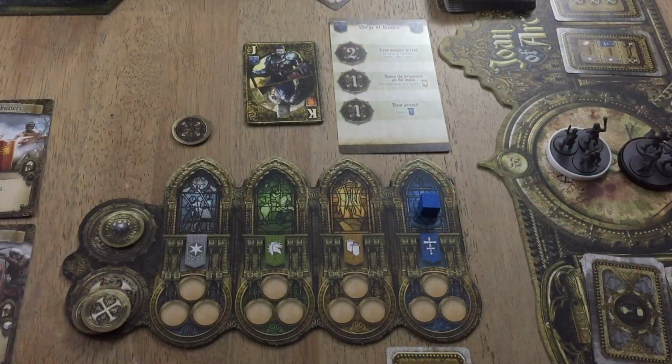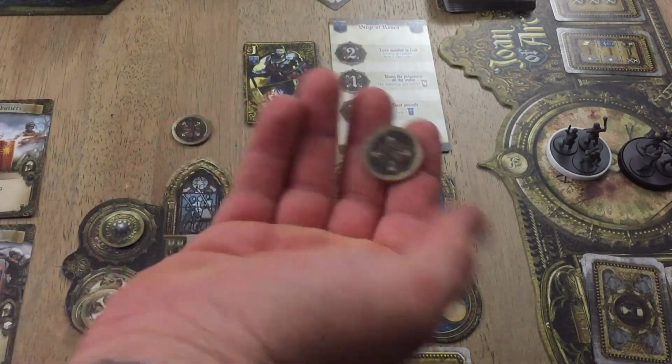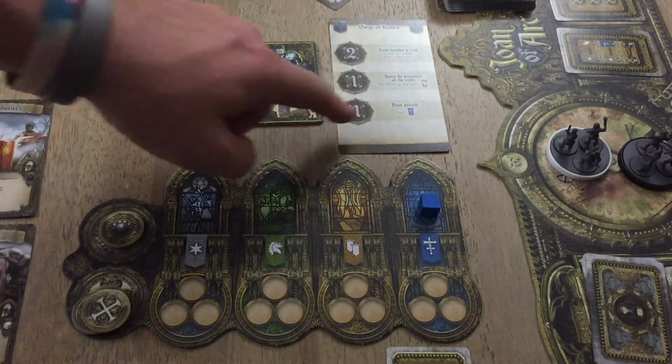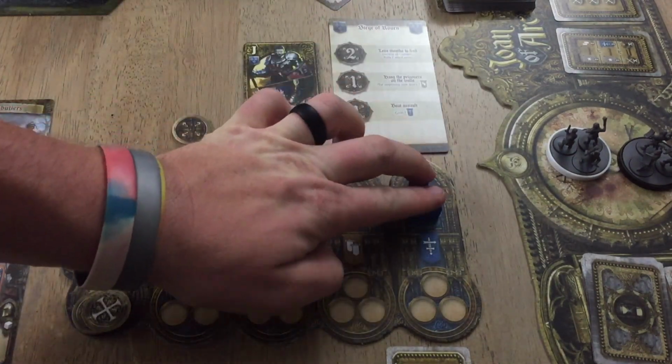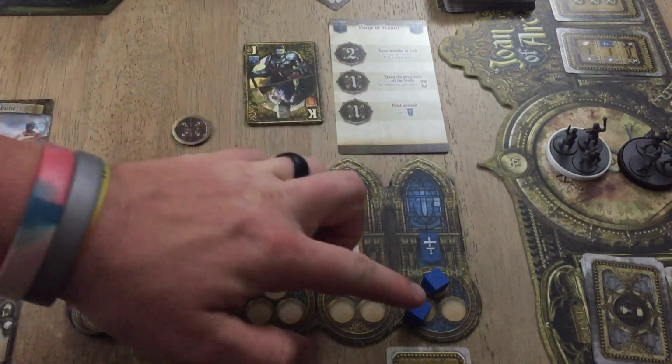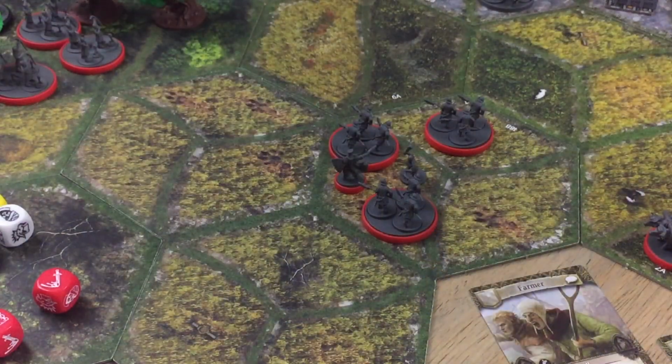Okay, so now before the end of the French player's turn, they're going to spend 1 intrigue for boat assault, so they'll gain 1 interrupt token, and then both of these interrupt tokens will slide down to here to be stored for the next round. All right, so to begin the